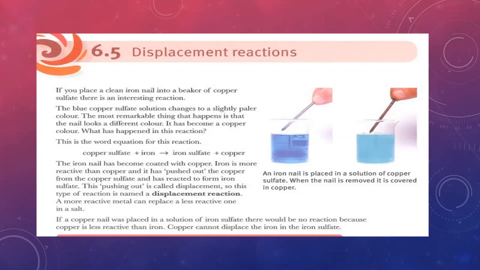By displacing or replacing this less active metal from the compound and taking its place. يعني ايه الكلام ده؟ When the iron reacts with copper sulfate, iron is more reactive than copper, so it will displace its position. Means the result is iron